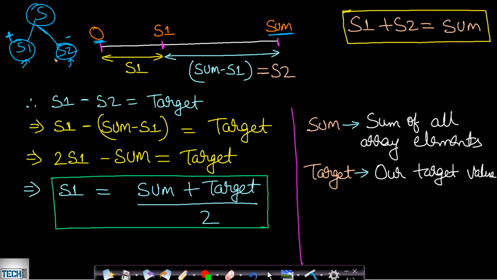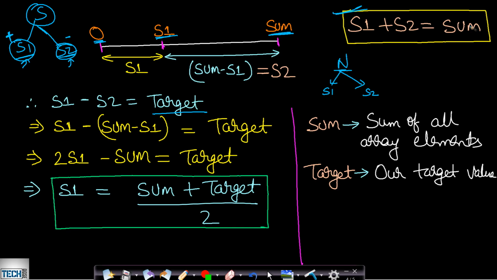Okay, so if you divide the numbers into two sets such that the difference between them should come out to be equal to target, then if you are taking the sum of all the elements in set S1 as S1, then the sum of all the elements in set S2 will be equal to sum minus S1. Okay, and why is it coming? Because each number can go either to the positive set or it can go to the negative set. Okay, it has to go to either one of them. It cannot go to both of them, and there cannot be multiple instances of a given number. Okay, so that is why this property will hold true. S1 plus S2 equals sum. I hope you understood this part.